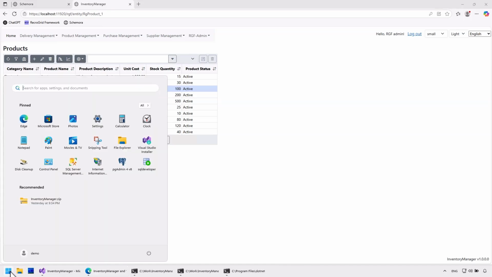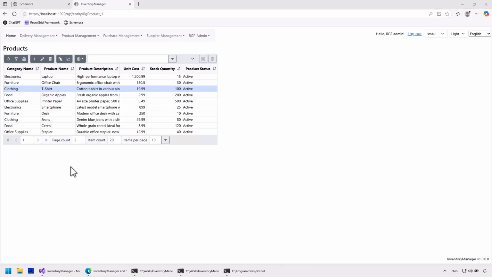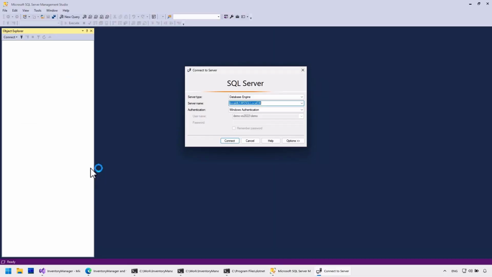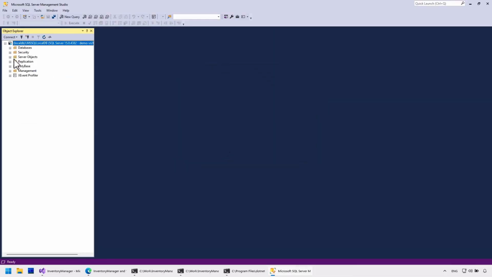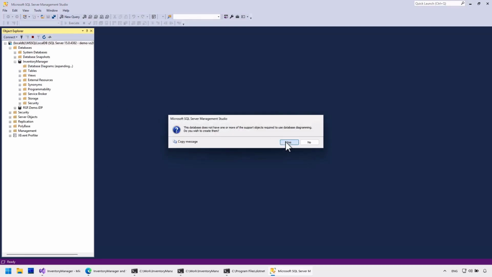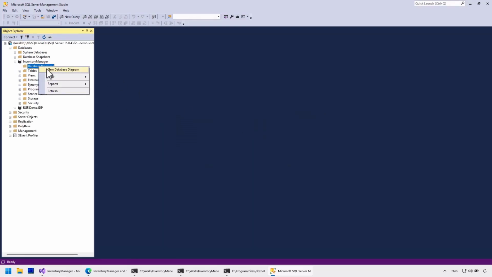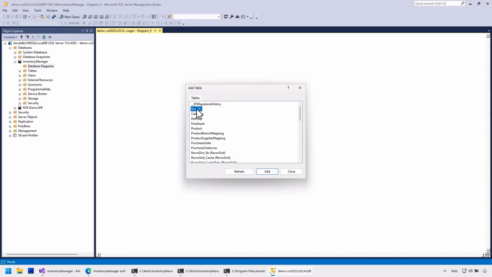Finally, let's take a look at the database structure in SQL Server Management Studio. I create a new diagram and add all the tables.